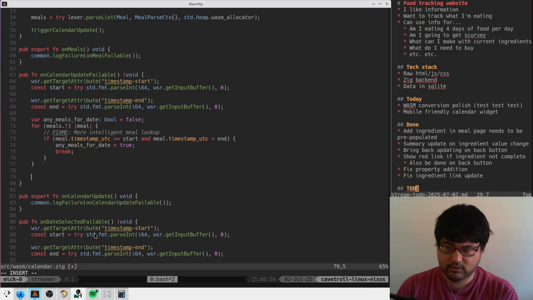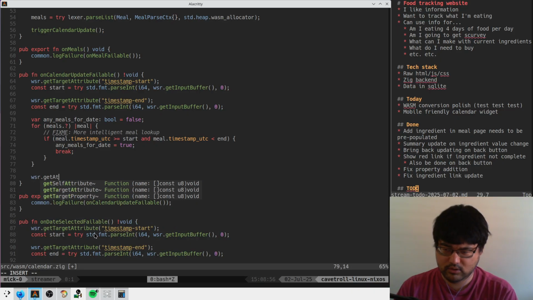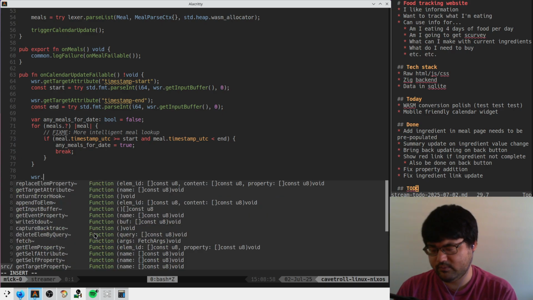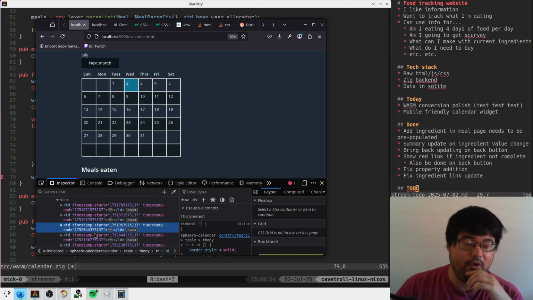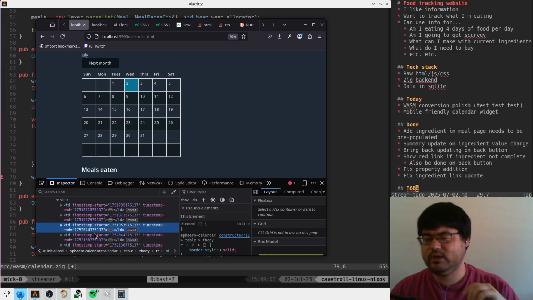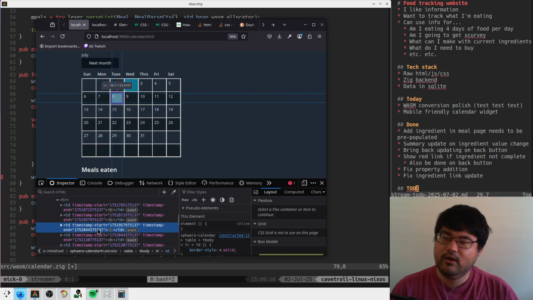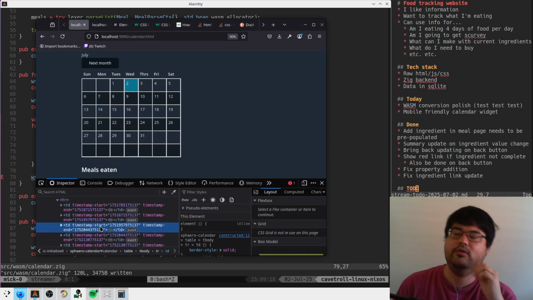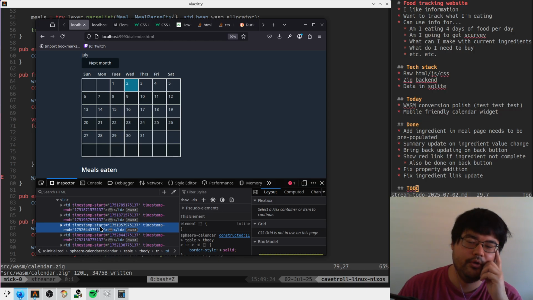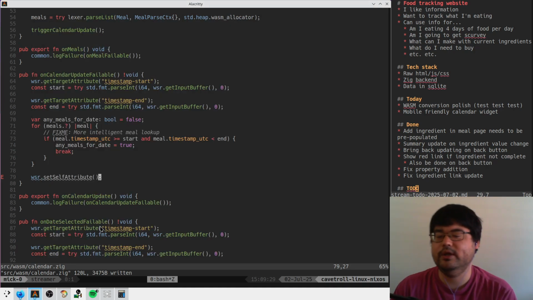So, appending to the class list from our WASM land is not super trivial. We can adjust properties and attributes very easily. Ooh, but can we do a set self attribute? That might be the play. Because then you could make a CSS rule for different attributes that would change the color. Right? So we could say like